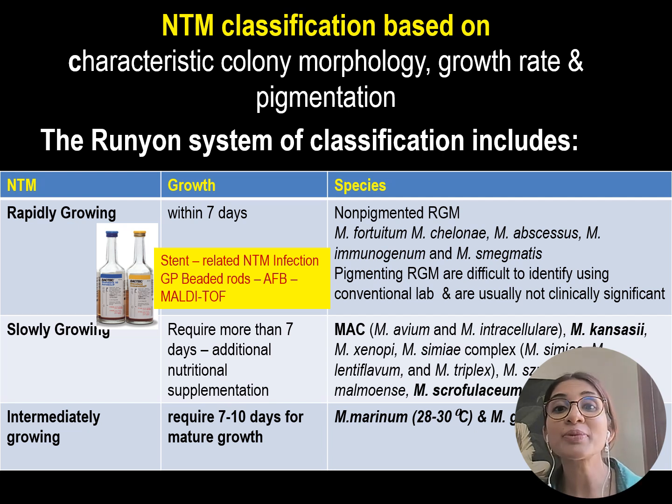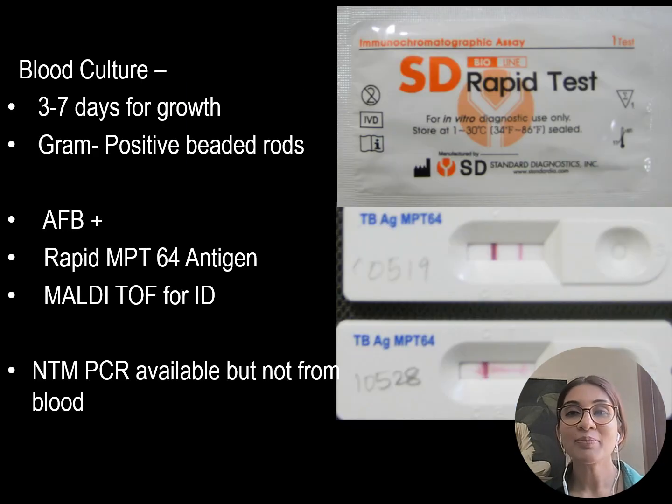It may grow up to 7 days, and that is why it's important to communicate with the microbiologist and also keep the cultures for prolonged incubation. Now, when a blood culture beeps positive, these organisms can be seen on the gram stain as gram-positive beaded rods. With this, there should be a suspicion for NTM, and hence AFB stain is performed, which shows AFB positive